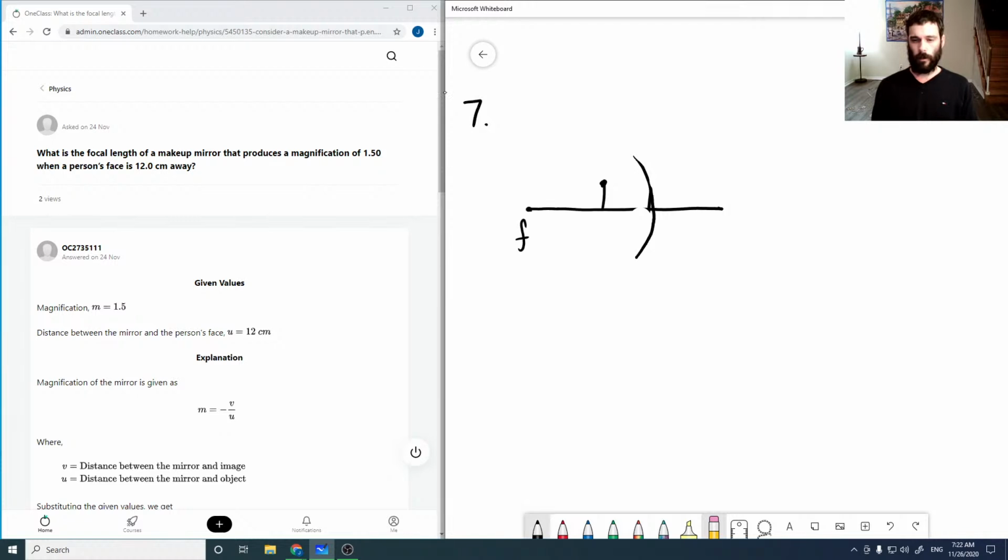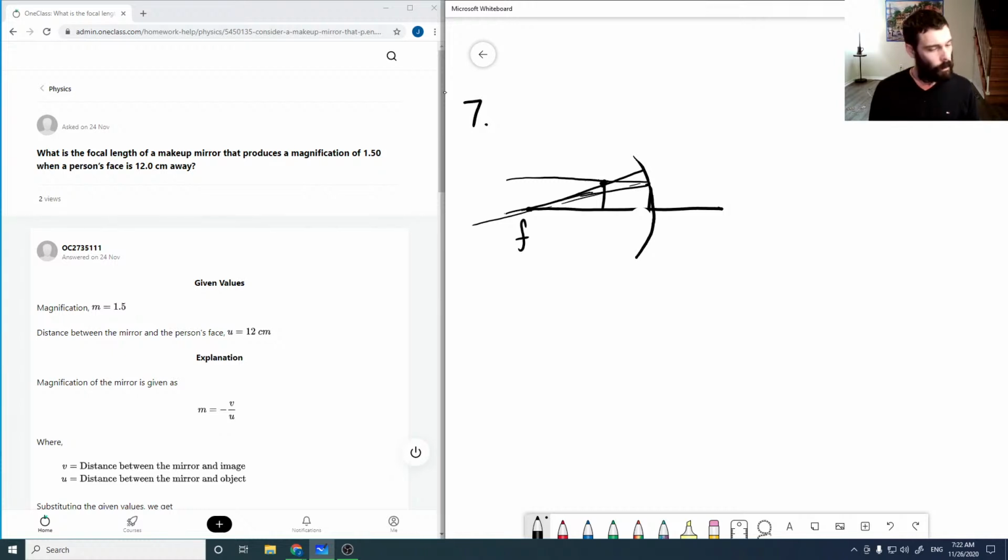So if you have some object there in front of the focal length, then the rays are going to do something like this,